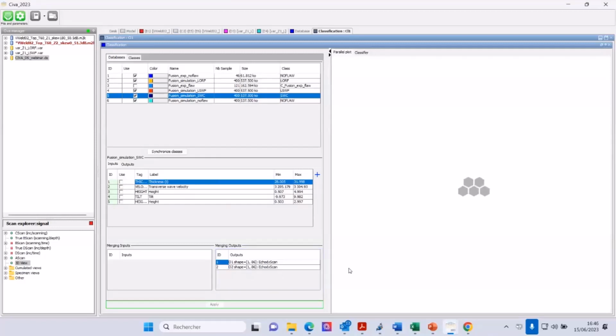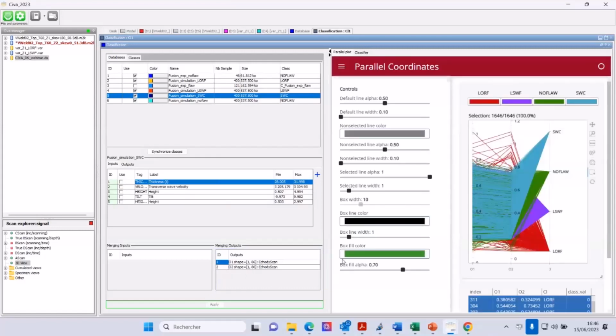So it takes some time to load and to prepare the classification. And on the right part, you have different options. The first thing that we see here is the parallel plot. It allows to customize the display colors and lines parameters for the classes. And you see that we have all the samples here that we used for the classification,